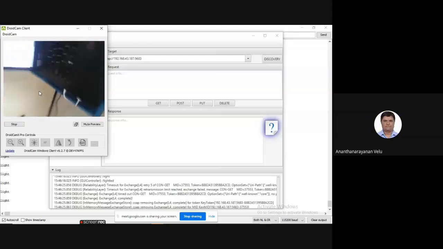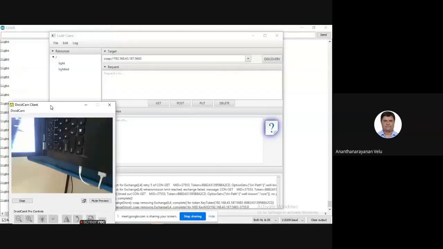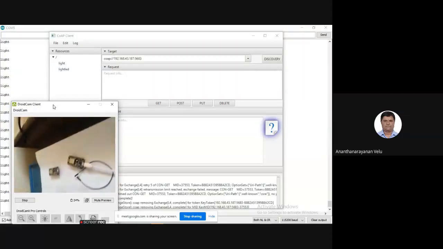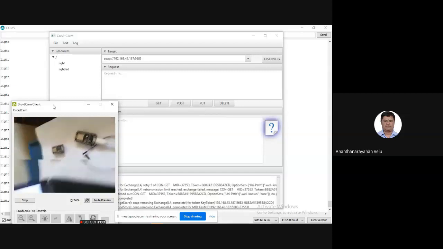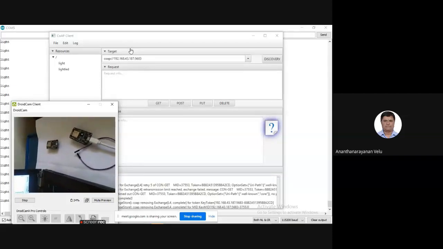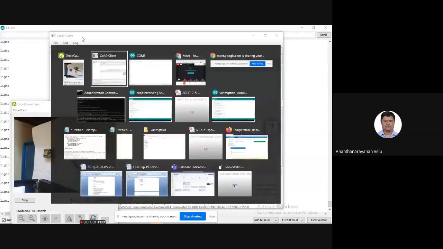Fine. So all of you look here. You can see the NodeMCU connected here, and you can also see the CoAP client here. The CoAP client is provided by the Californium tools.